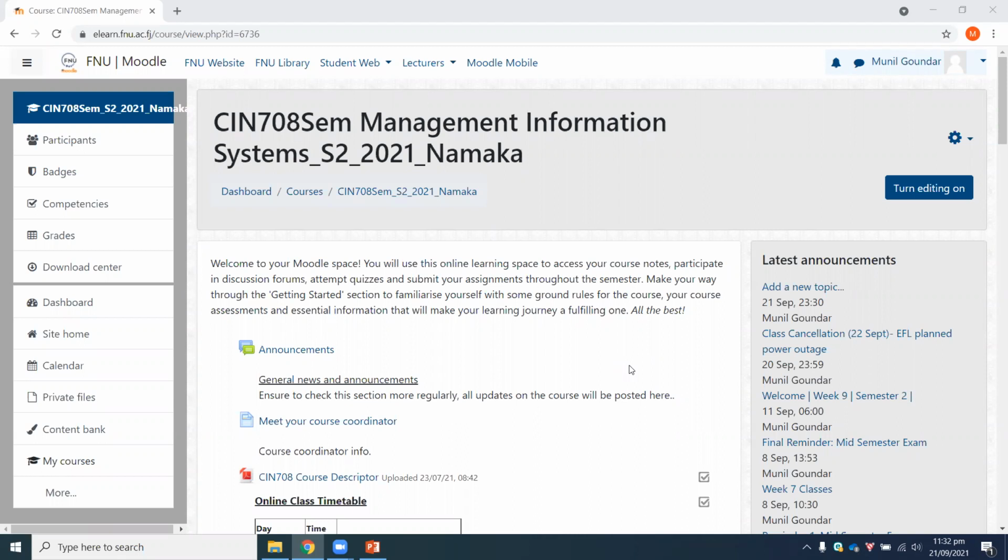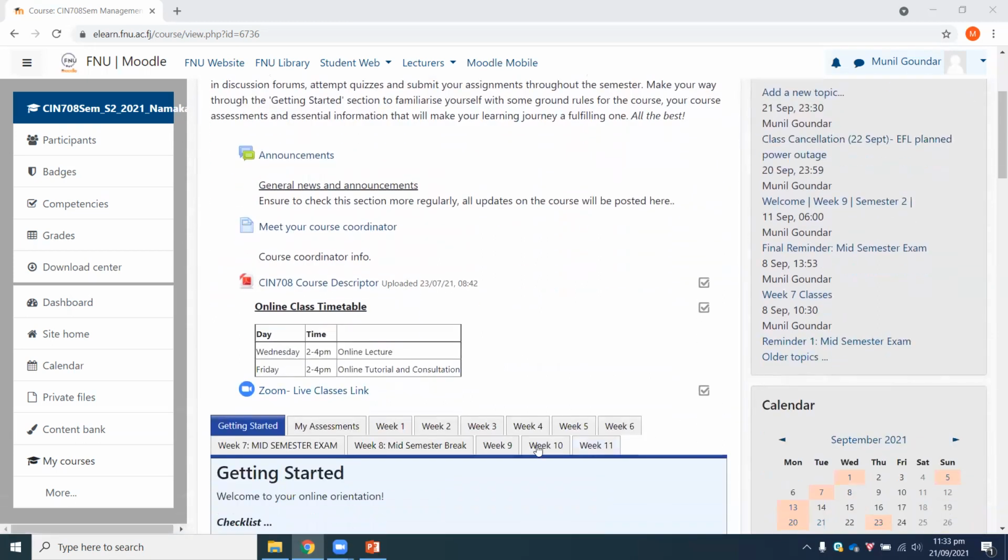Now, this week we will be going over our usual stuff. First of all, we will be going over our lecture in our lecture class. Now, the class for week 9 has been cancelled. If you look at the notification in your Moodle shell, it has been cancelled due to a planned EFL power outage. The power outage is basically for half of Neni and Lotoka area. Therefore, I had cancelled the class and the recording would be placed under Moodle in the week 9 section